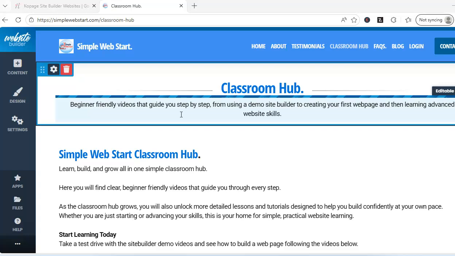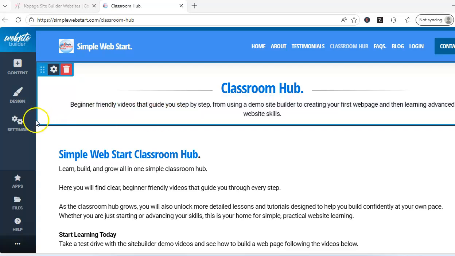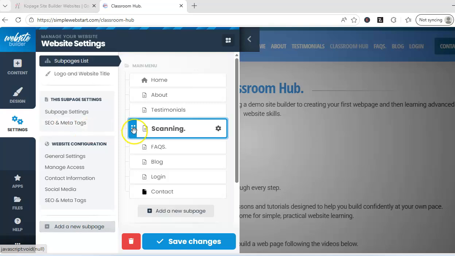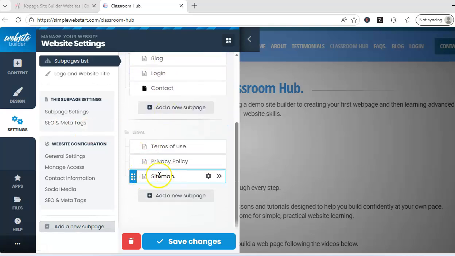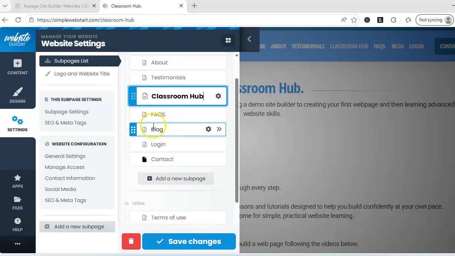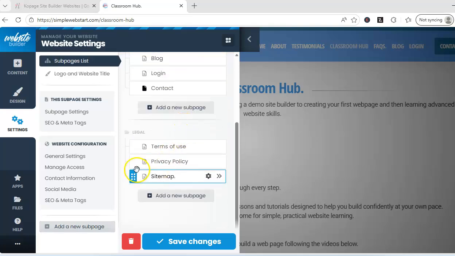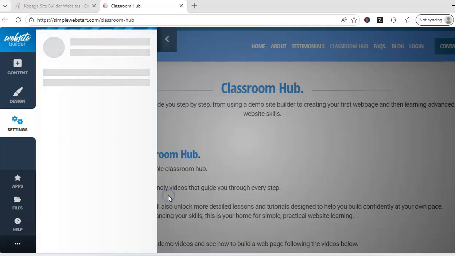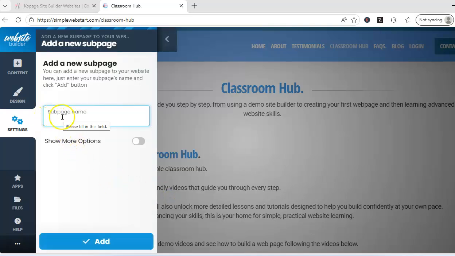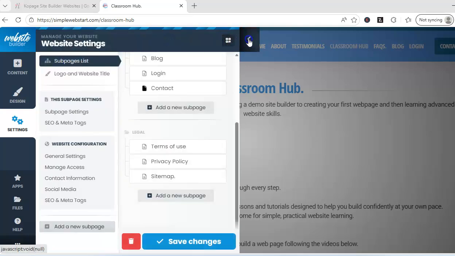First of all, what you'll have to do is add a page. If you go to settings and scroll down, as you can see, I've added the sitemap under legal. If you want to add it here, that's okay, it will obviously show up there. So to add a sitemap, first of all, you'll need to add a page. If you put sitemap in there and then add it, and when you've done that,